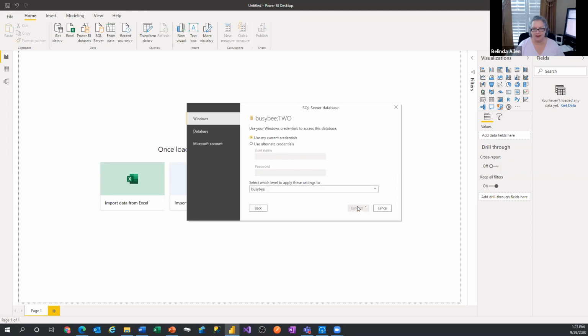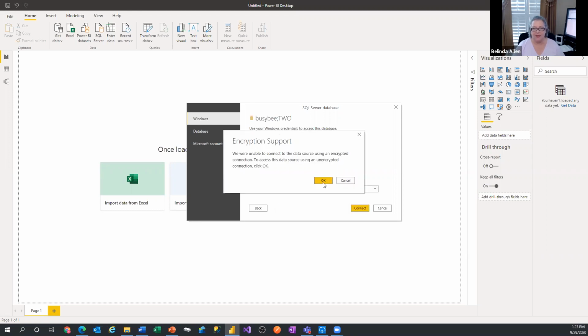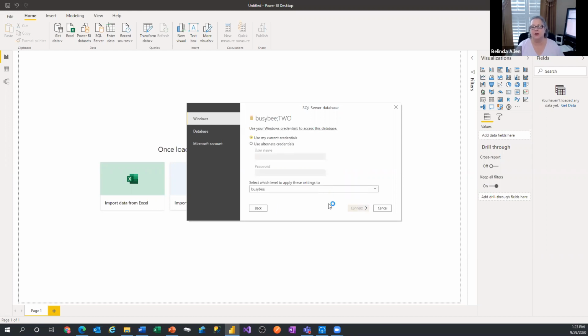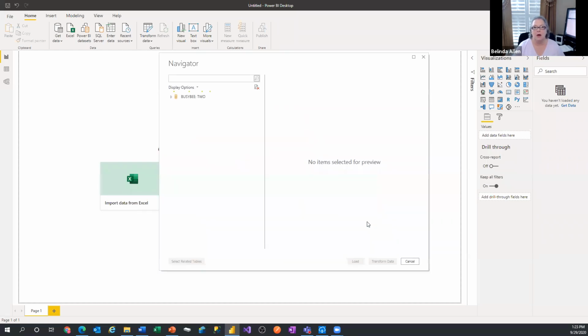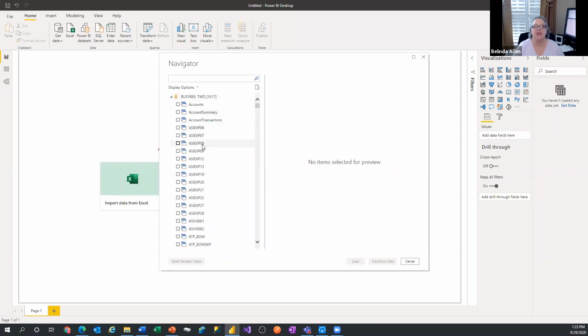So all of my databases will use that. And just like with a lot of things you've seen, when you share data from GP, it warns us that the data has been encrypted in SQL, and then it'll decrypt it to bring it in. All right, so we end up at this navigator pane, and we can see, especially because we see accounts, account